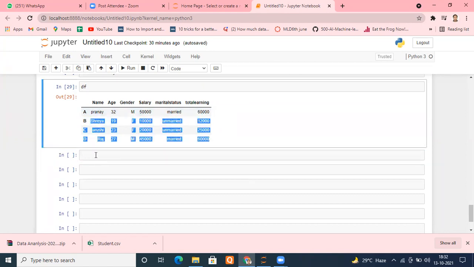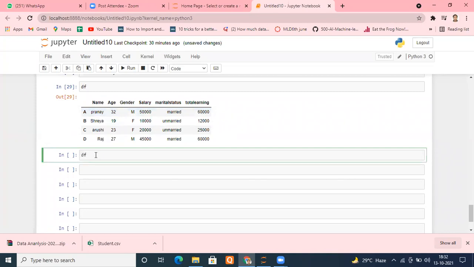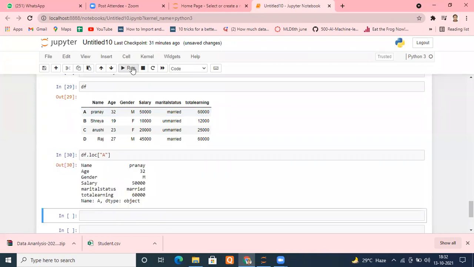So if I want to access, suppose, this row number, what I will type is df dot a function known as loc function, location. LOC function. Put a square bracket there. And as we can see, it's a character now, A, B, C, D. And how do we represent string or character? Double quotes or single quotes? Put that name. Suppose A. So I will be able to access the first row only. Let me run this. Can you check it?